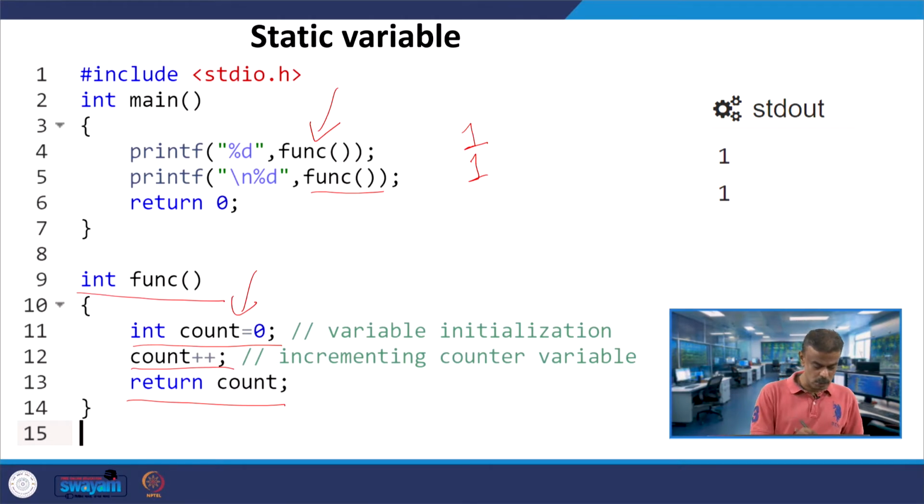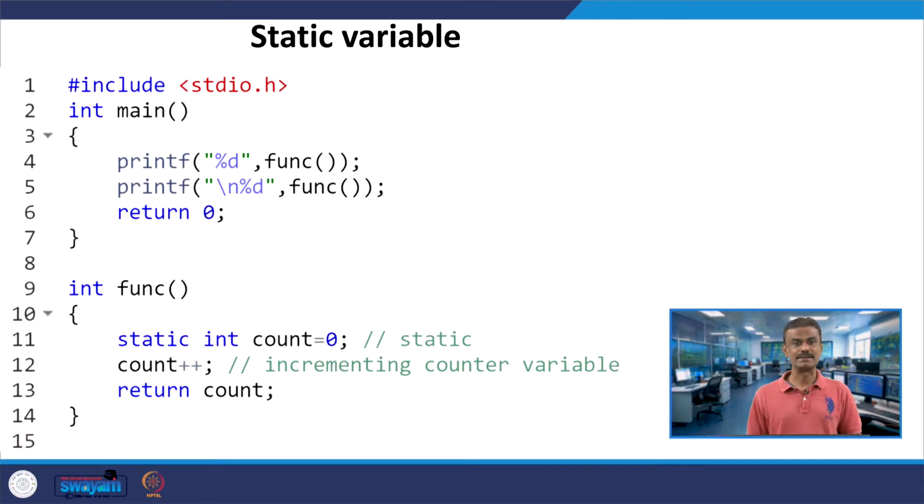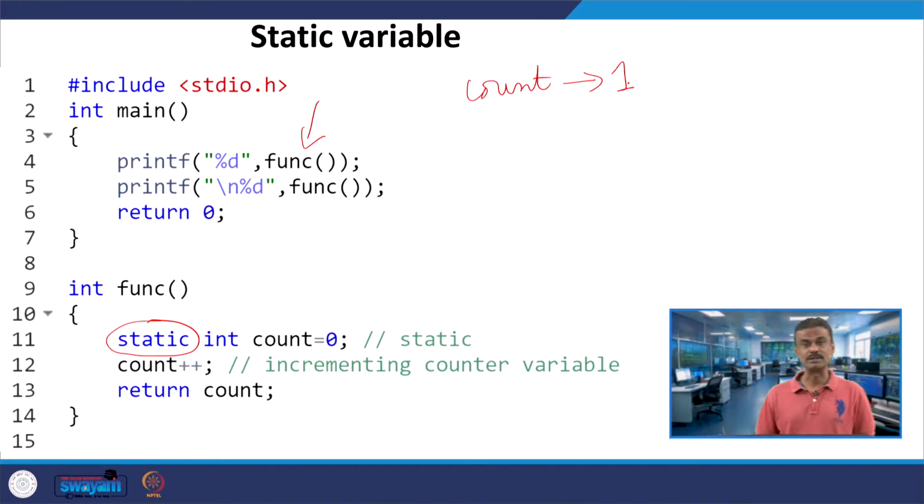Okay. So, what I will do, shall I change this variable with static? We will see what will happen. When I change this to static, let us see what is happening. Same program, I have put static, so that those who are learning about static variables for the first time, this program will give you an idea. Now, as usual I am calling the function. First, count 0, count plus plus. So, now count is 1, return count. So, it will return 1.